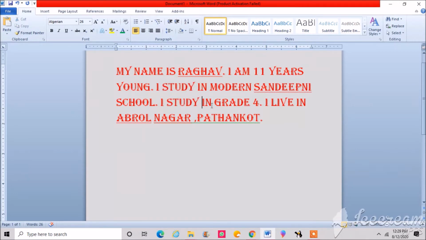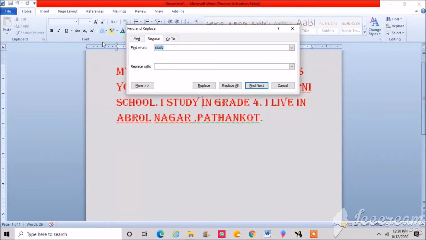Now next is how to replace the text. For this, click on the Replace button. A Find and Replace dialog box will appear. Suppose I want to replace the word study with any word you can write. Suppose in place of study you write play.